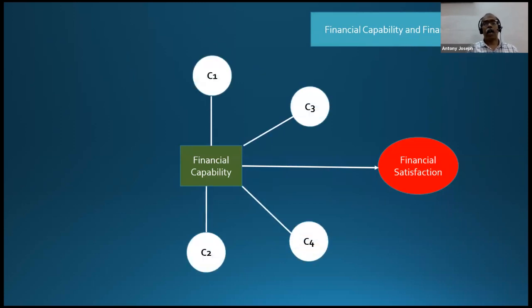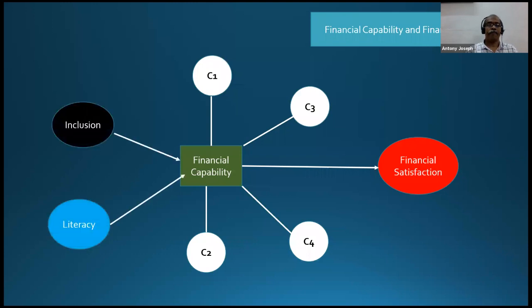Okay, now we have identified 4 different components for financial capability. I haven't mentioned the names of the components because this study is an ongoing study, which is expected to be undertaken by my student. So I don't want to disclose the names of the components. We have decided on a 4-component financial capability measurement. Okay, C1, C2, C3, C4 refer to component number 1, 2, 3, and 4. That means when I take the sum of the scores of the 4 components, I will get financial capability.